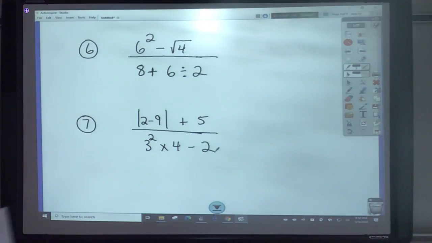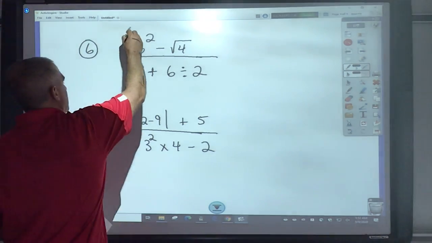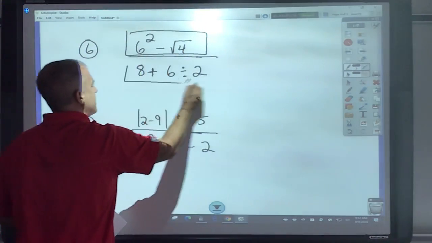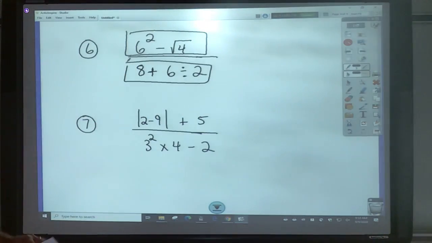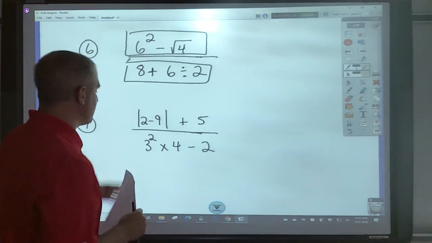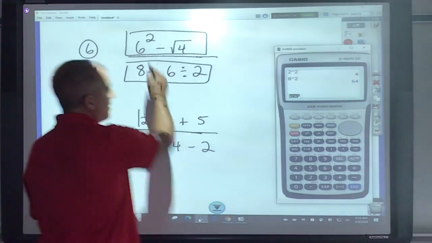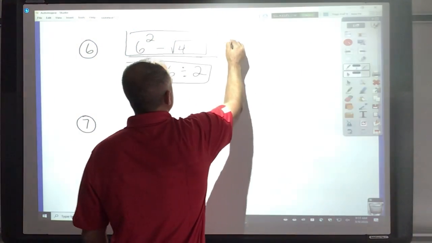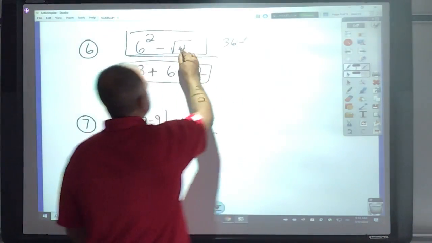Okay, go ahead and copy these 2 examples down. All right, now, order of operations, we want to follow it, but when you get these fractions, you should pretend like this and this are separate problems to begin with. So what I would do is handle 6 squared, which would be 36, minus the square